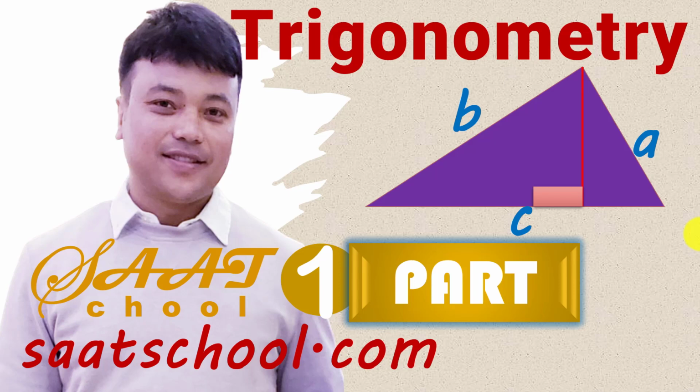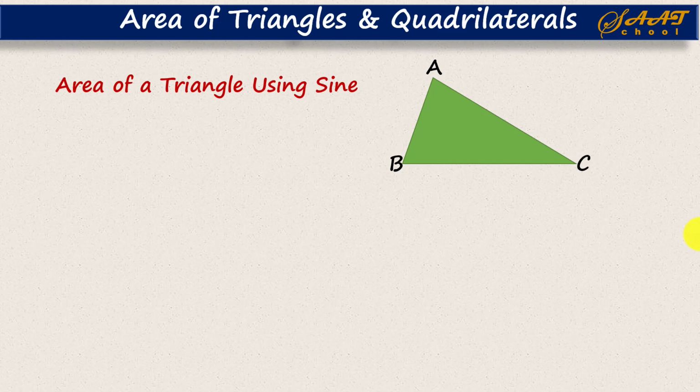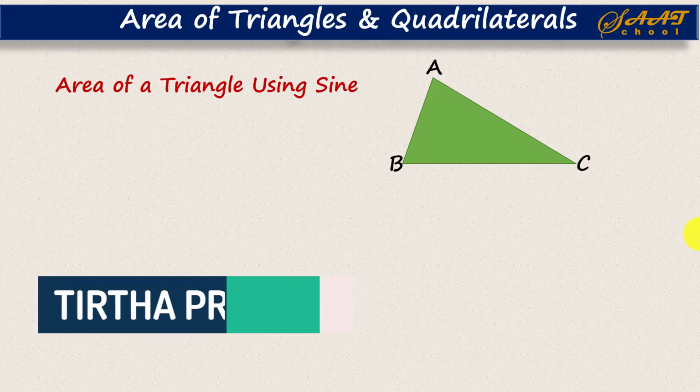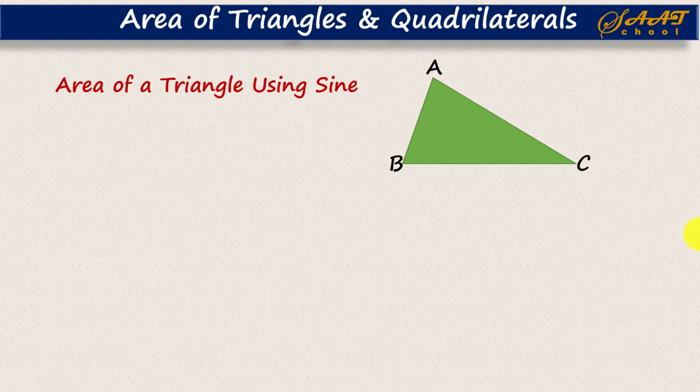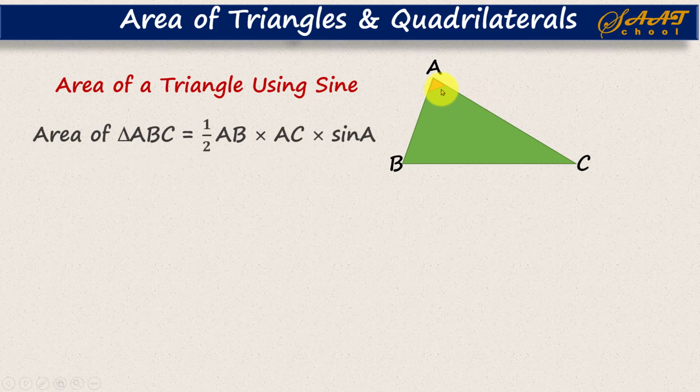Now let's get started. In this chapter, we find the area of a triangle using one of the trigonometric ratios, that is sine. Now how to find the area of a triangle using sine? Suppose we have an angle A given, and we have two sides AB and AC. If these two sides are known and the angle between them is given, then we use this relation to find